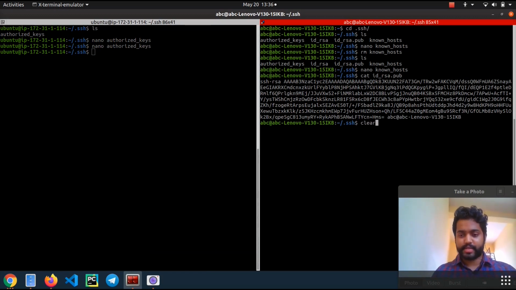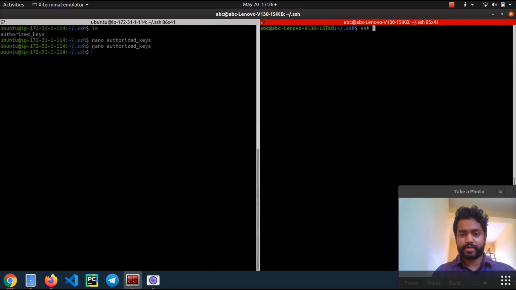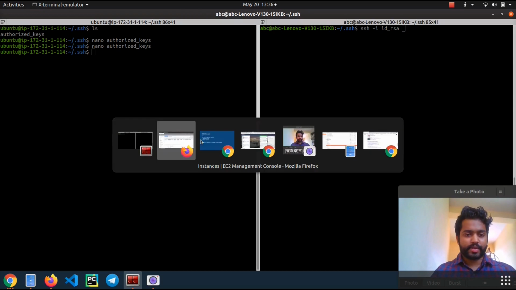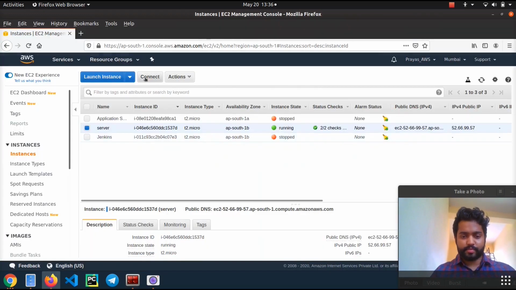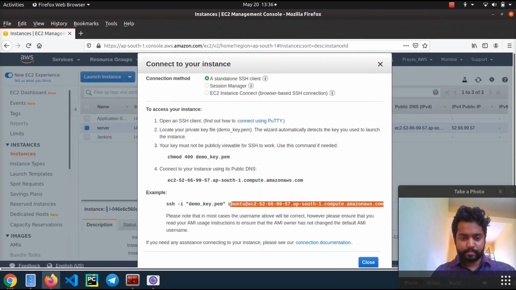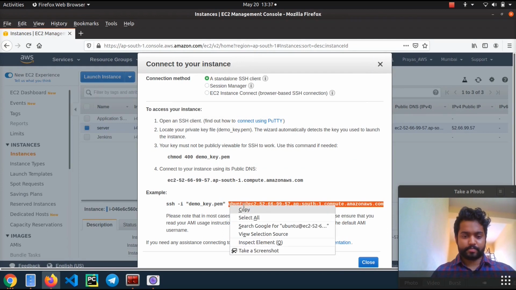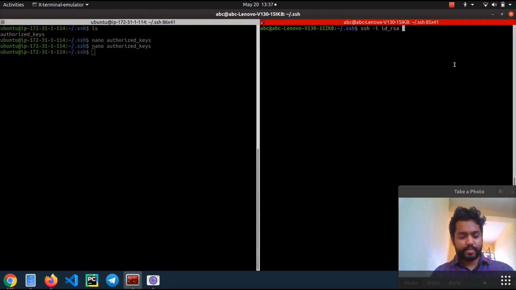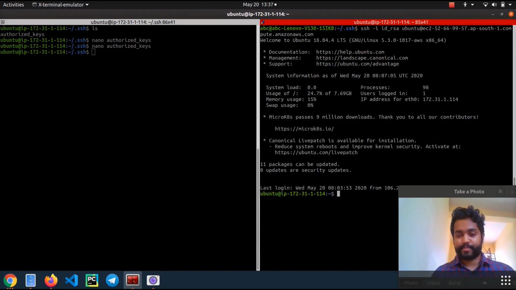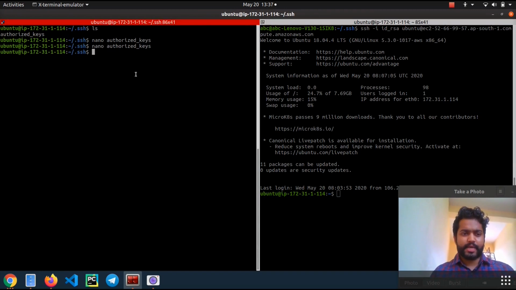Now I'll just clear the screen, guys, and if I do ssh -i, and which is my private key, this is id underscore rsa, and if I mention the same username, I will be able to get into this instance, right? This was the setup, guys. Setting up a public key into this instance and the private key will be with me.